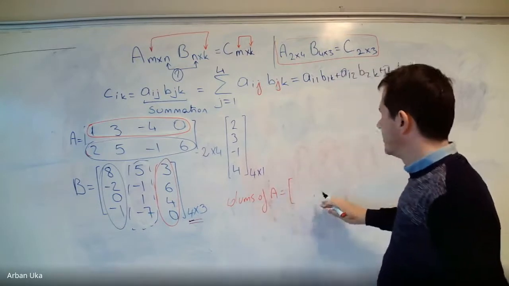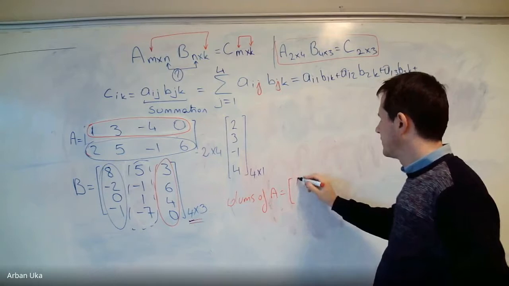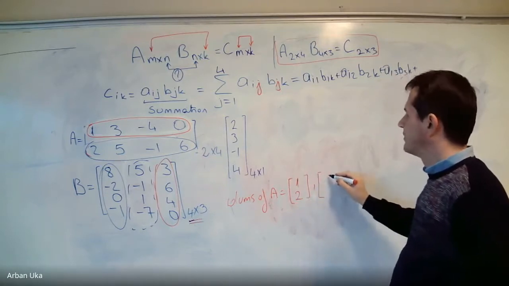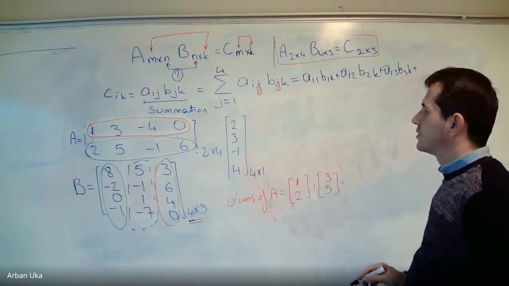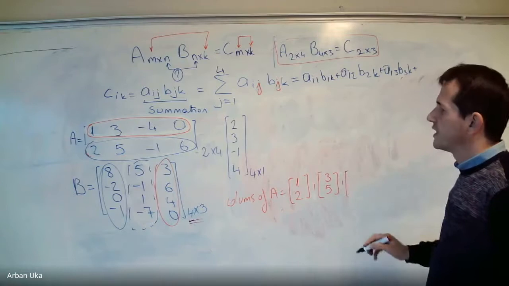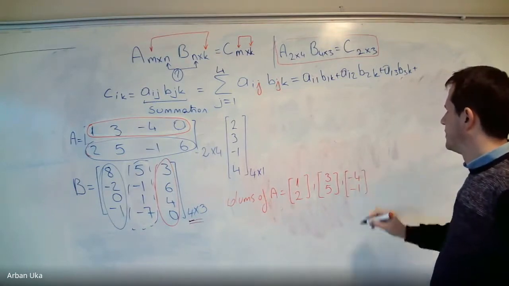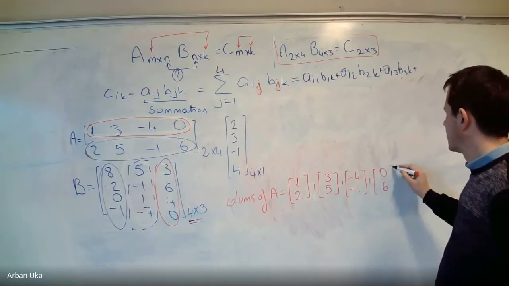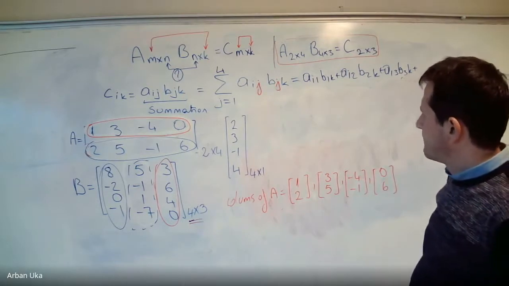The first column is what? Can you read the first column for me? This is the first column, okay? The second column is 3, 5. The third column is minus 4, minus 1, and the last column is 0, 6. So, then,